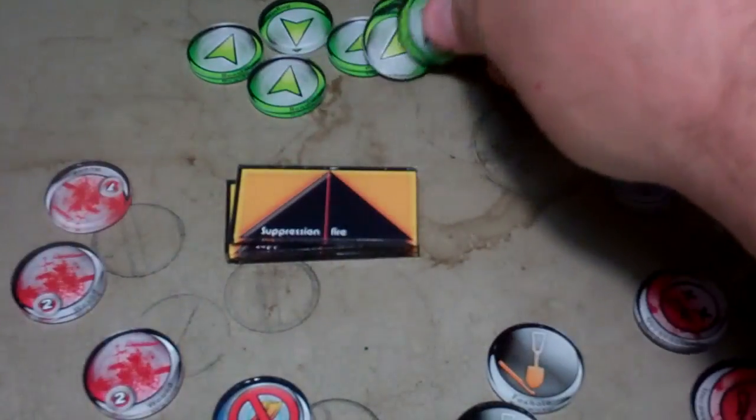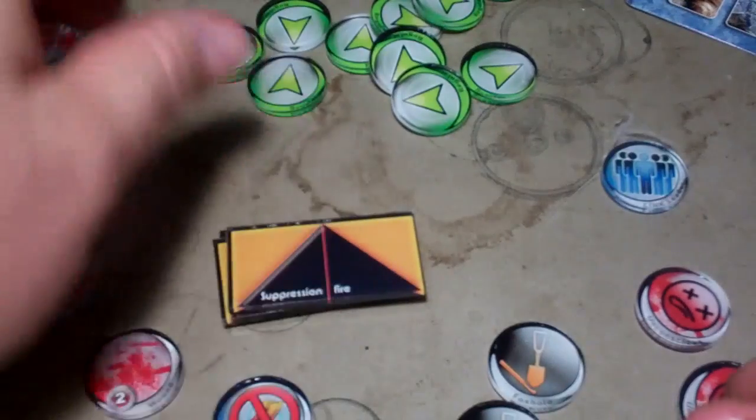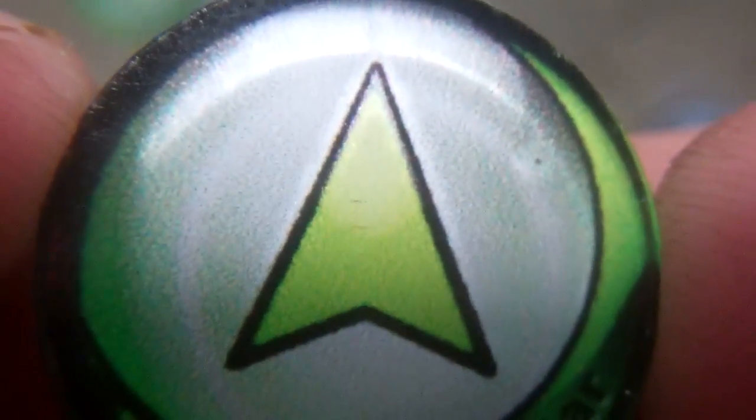Most of the ones in this set are going to be your regular order markers. Looks like you're going to get a fair amount of those. Looks like the next most numerous thing is going to be unconscious markers. So you get the regular order. You can see what that looks like. It's like you get 11 of those. So maybe not quite enough to share between 2 people, but definitely should be enough for 1 person to play